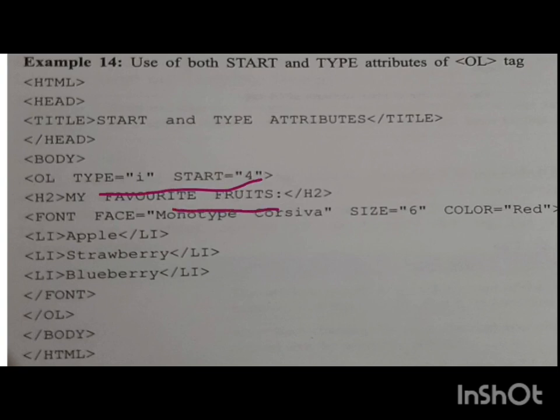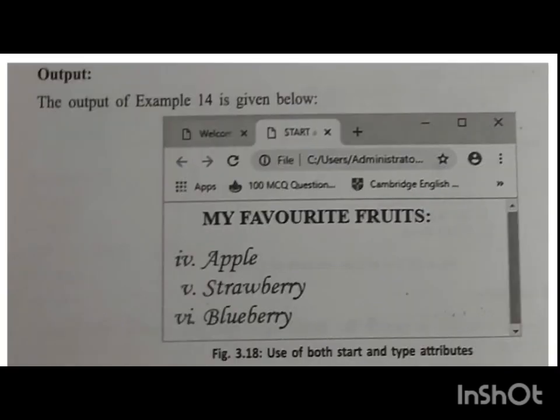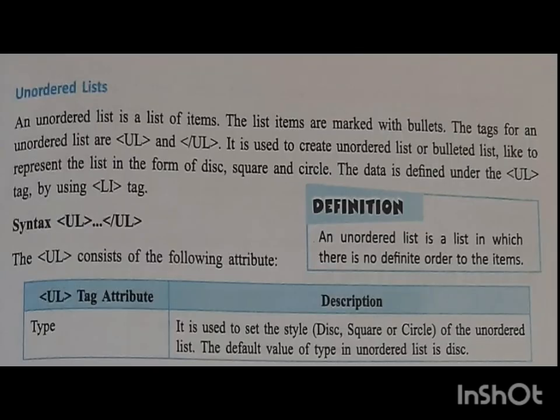So basically the thing that we are going to learn is a list. So class, how it happens, how it results, you can see that 4 5 6 7, it comes as 4 5 and 6 instead of first, second and third. Why? Because we have given start equals to 4. All this you have to do practically. In junior class maybe you have done this, but still you need to practice this properly.